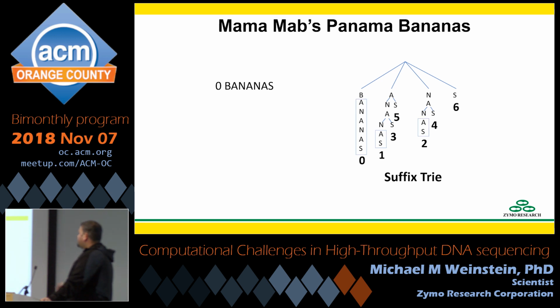As you may have noticed, if I have a B, there's only one position I could be starting in. If I have a B, I have to be starting at the beginning. So everything after the B on that branch of the tree is superfluous. So this is how you go from a suffix trie to a suffix tree, is you basically prune off all the superfluous branches, which is everything after the first letter on a branch.